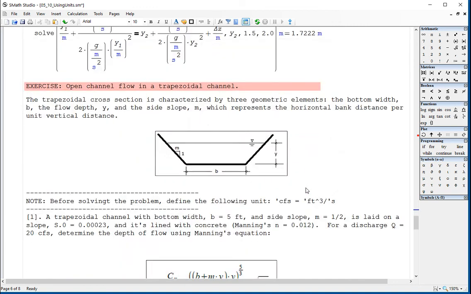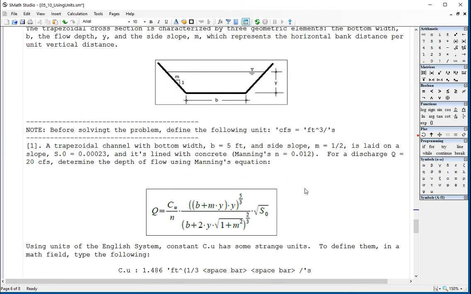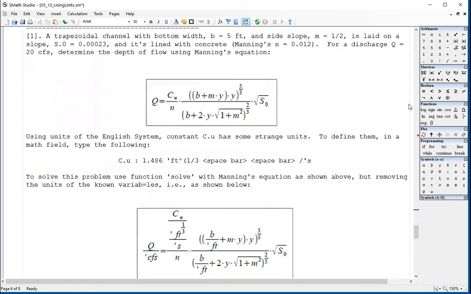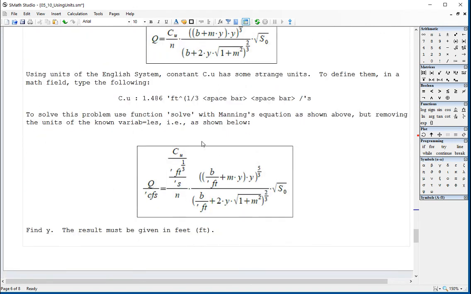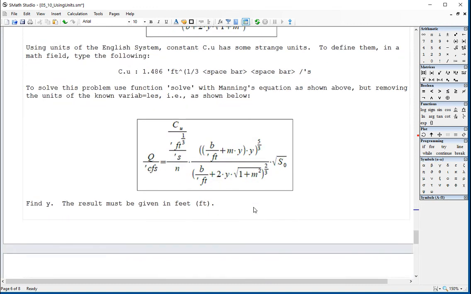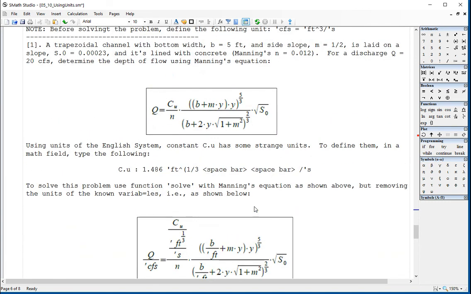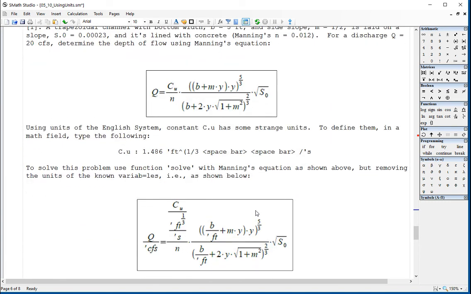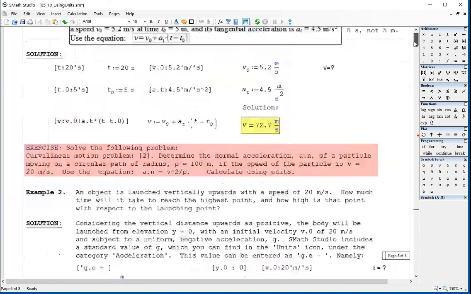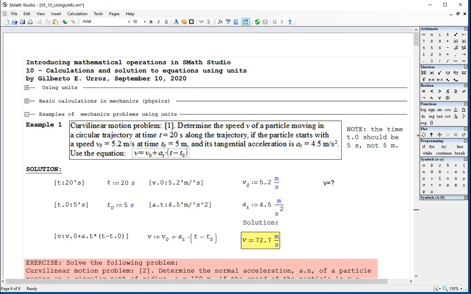Exercise for an open channel. The equation that we use is this one, and if you're solving for y, you have to, as you can see there, redefine all that kind of stuff. I'll let you pause here and read and see if you can try to find that. This is a problem of open channel flow in civil engineering. You may not be interested in that, but if you are, I invite you to follow these instructions. And with that, we finish our video on the use of units in